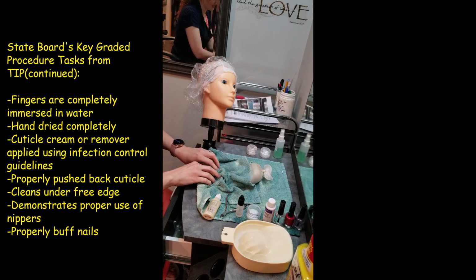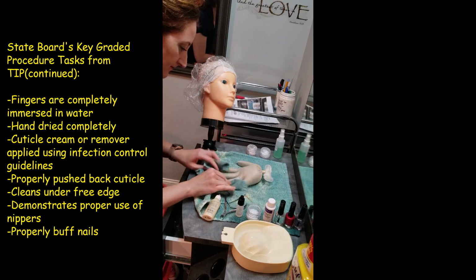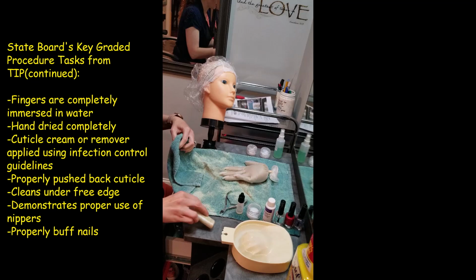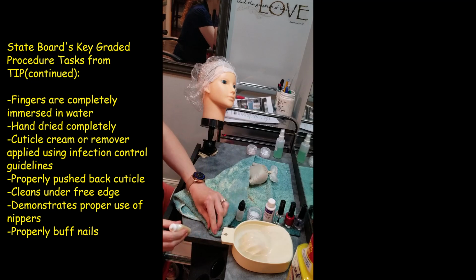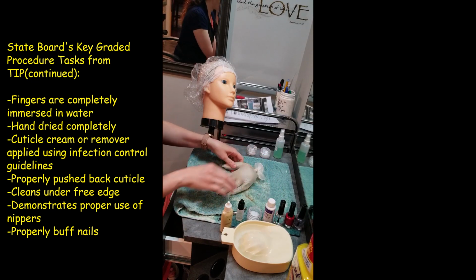Okay, there's my 10 minutes. So my 10-minute warning. All right, I'm pushing the button. Okay, so now I need a 5-minute warning now. Okay, gotta hustle. So we gotta make sure they're thoroughly dry. Push back my cuticles while I'm drying. Like pretend cuticles, right? If any water spills from your bowl, you wanna wipe it up. So if you need to get your towel out of your drawer, you can do that too. Okay, so